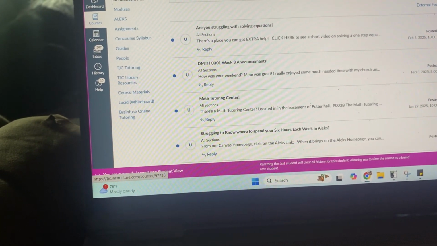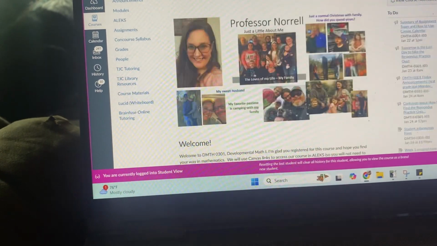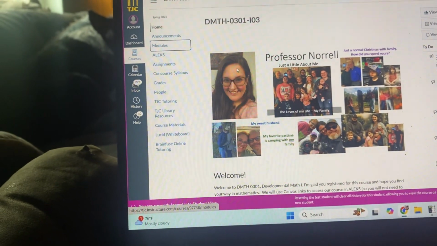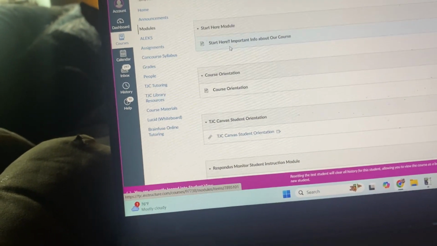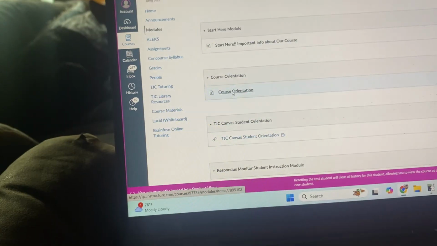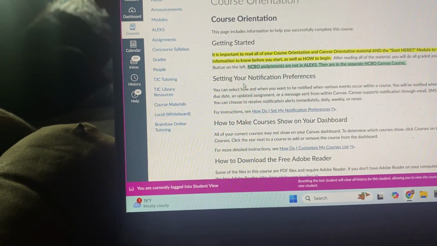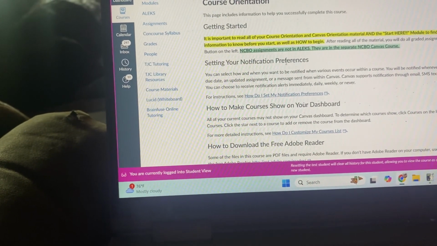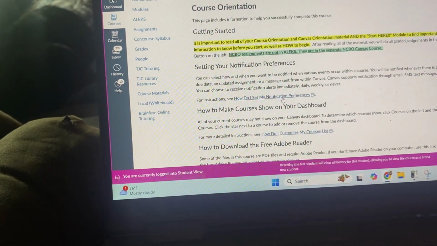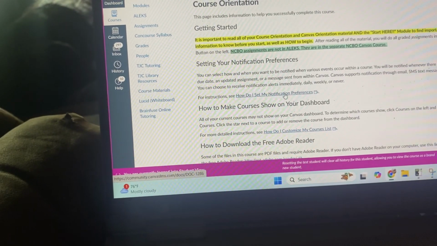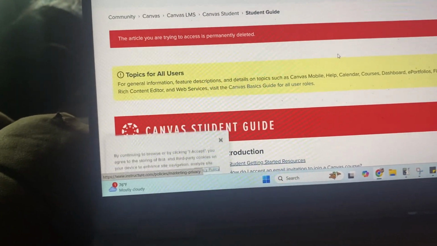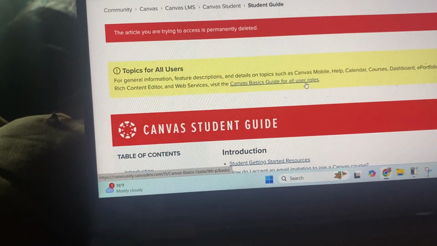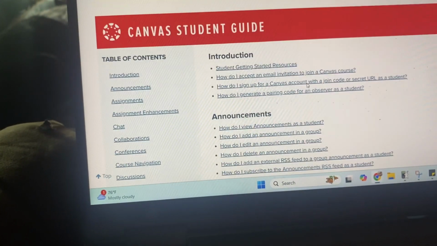Now, how do you know if I post extra announcements? On our homepage, well, I'm sorry, let's come down here to modules. In our modules, in the course orientation module, is a section that says setting your notification preferences. And if you click the link, how do I set my notification preferences? There's a whole guide in here that tells you how you can